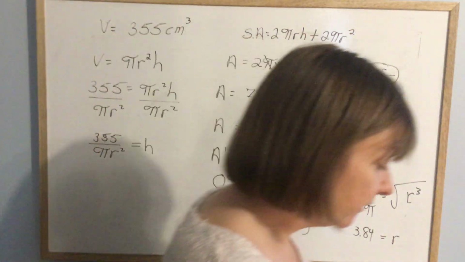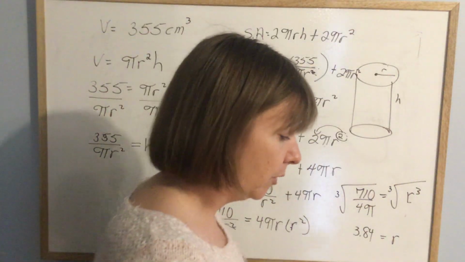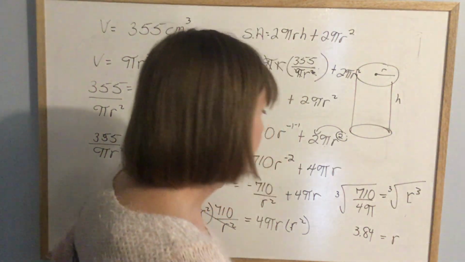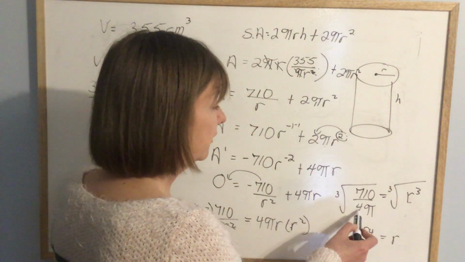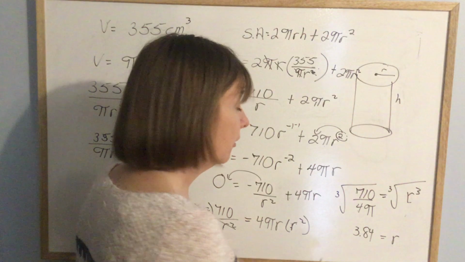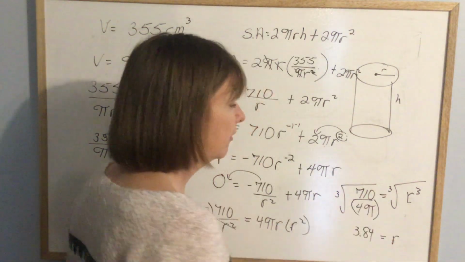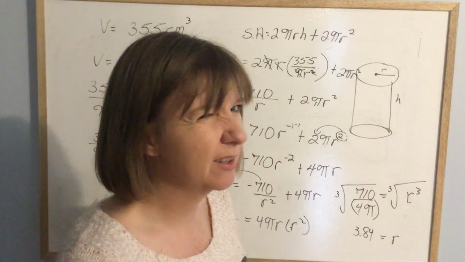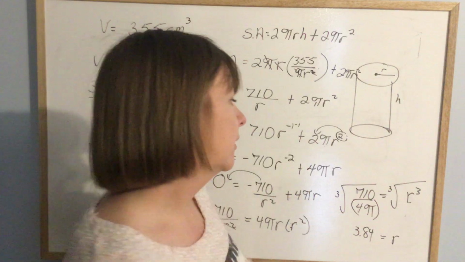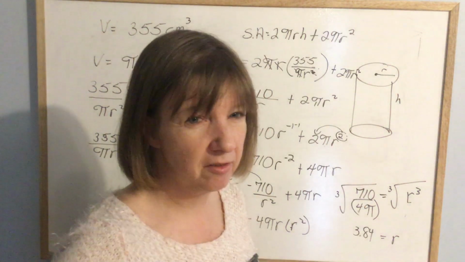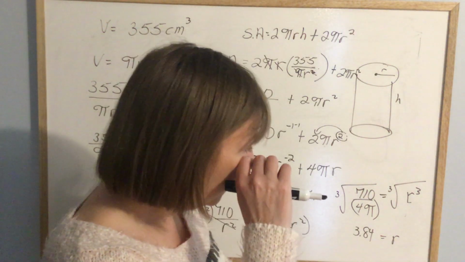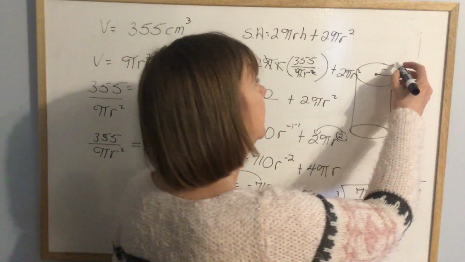Yeah, I'll tell you what I did the first time, just in case you happen to have a similar calculator. The first time when I put 710 divided by 4 pi in my calculator, I did not put brackets around the 4 pi. My calculator didn't like that. So I put the brackets. It was much, much happier. So I have that my r is